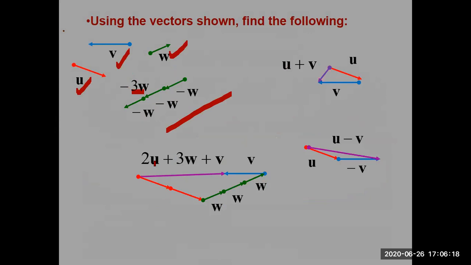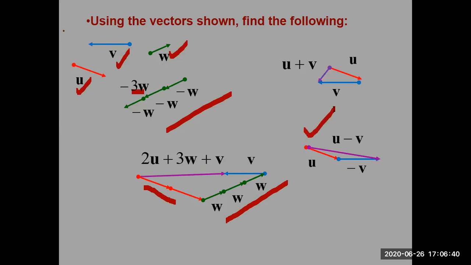Again, this is plus, meaning you are increasing the magnitude of vector u by 2. This one is u, you have increased its magnitude by 2, and this is 3w, meaning its magnitude will increase by 3 times, and this is the v, and you are adding all these together.